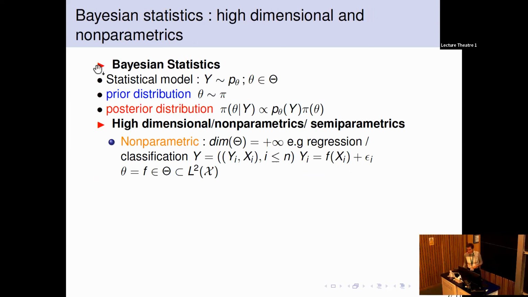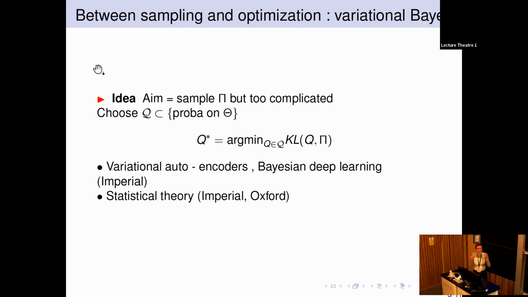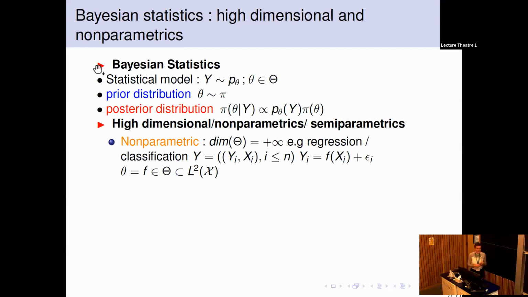Okay, so those are the key ideas. There are lots of other possibilities for trying to combine optimization and sampling, but this one is one of the most famous, and it has become much more popular in the Bayesian deep learning community, where people have used variational autoencoders. That's the kind of method they use, because they cannot directly sample from the posterior distribution.